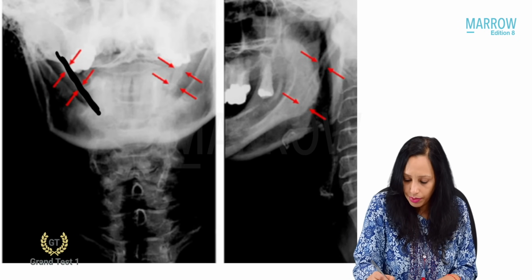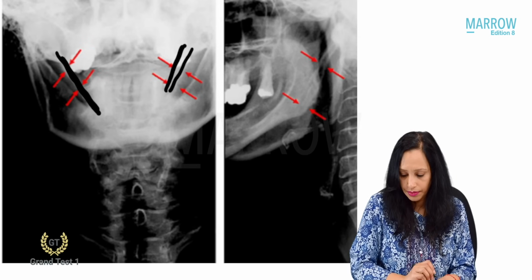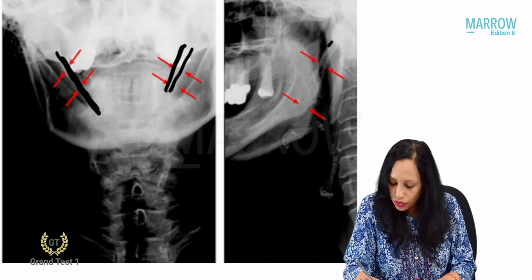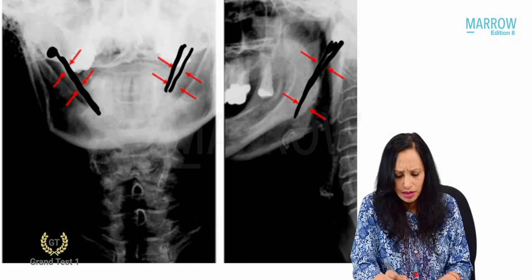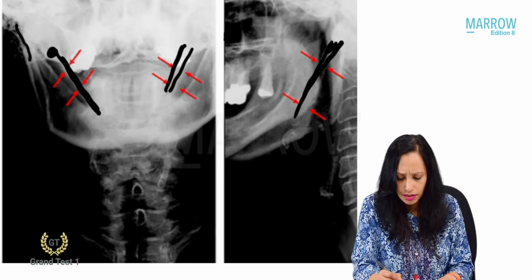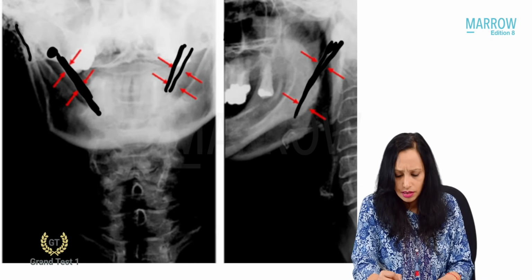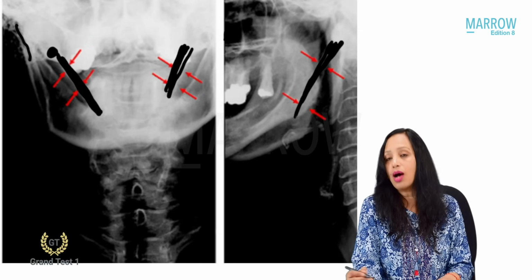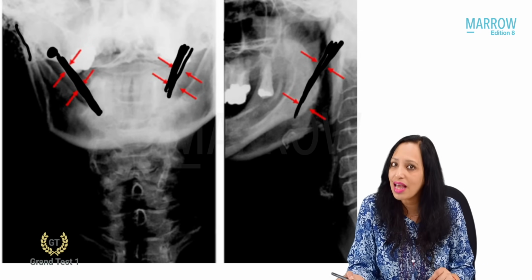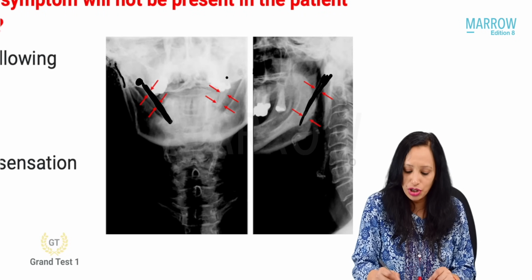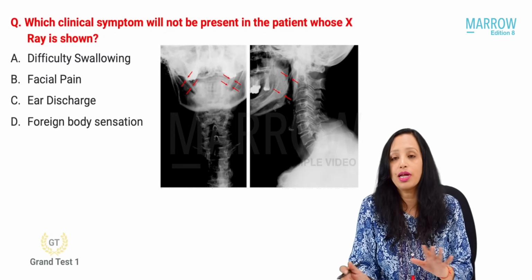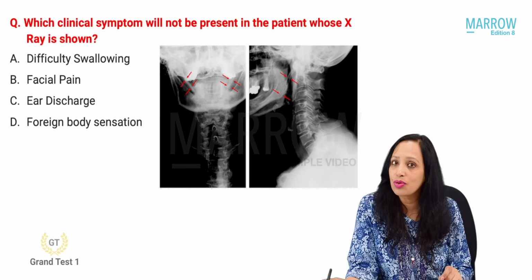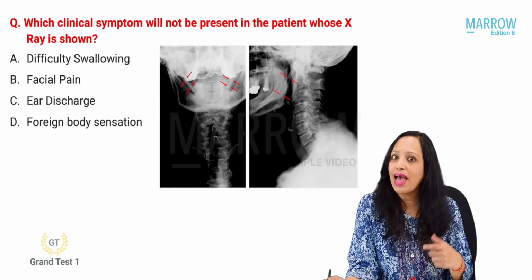Some bone, right? It's coming down from here like this. On the lateral view also we have some bony structure coming down like this. So what structure comes from here? This is the mastoid area. What is this? Yes, this is how the styloid process looks like. So this is a patient of enlarged styloid process. What is enlarged styloid process known as? Yes, Eagles syndrome, or styalgia.